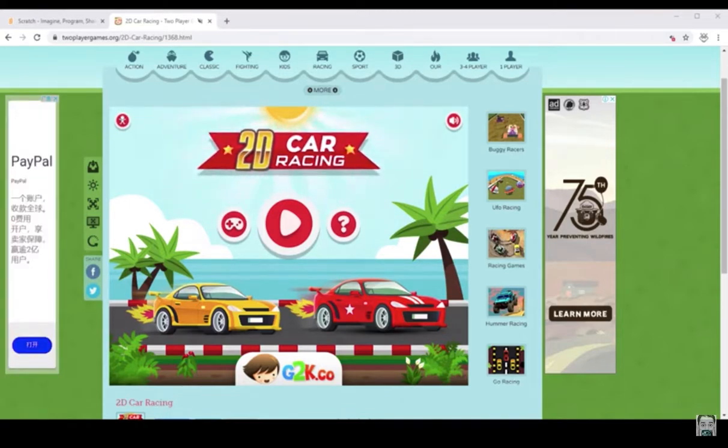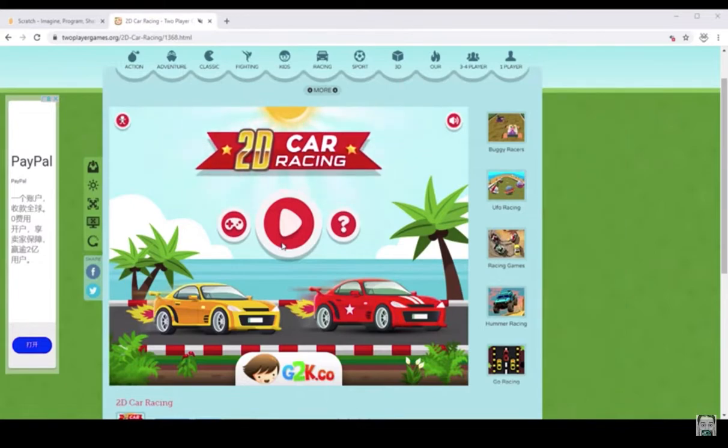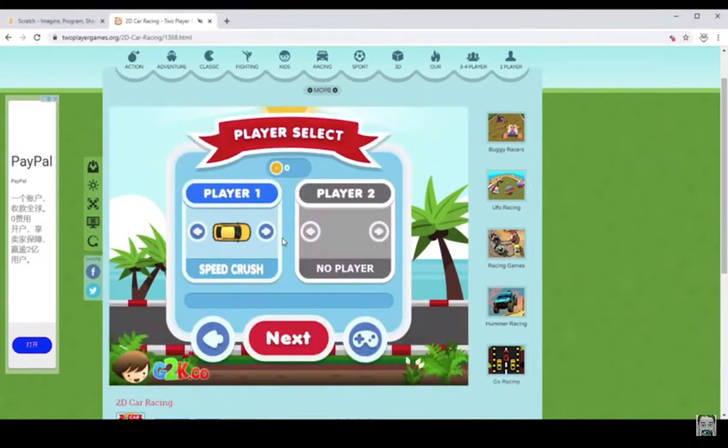Today we're going to be making this 2D car racing game. It was a request, I believe, from Tam, if I'm not making a mistake, on YouTube. And it's kind of simple,